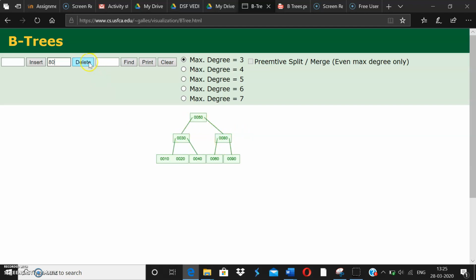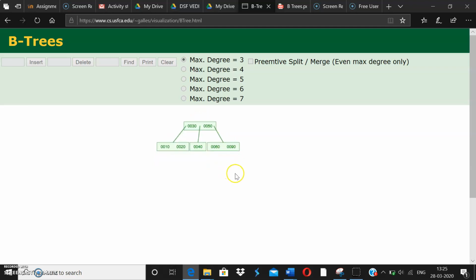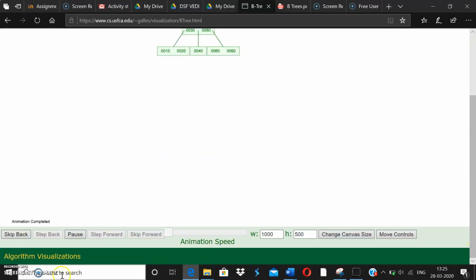Please see this carefully. So first it is going to find 80. Since 80 is a non-leaf node, it will be replaced by its predecessor. So 60 will go here, leaving this with less than minimum number of nodes. So we are going to do merging 60 and 80, leaving this node as less than minimum. So again merging with the root. So this process can go up till the root. You can again check this.